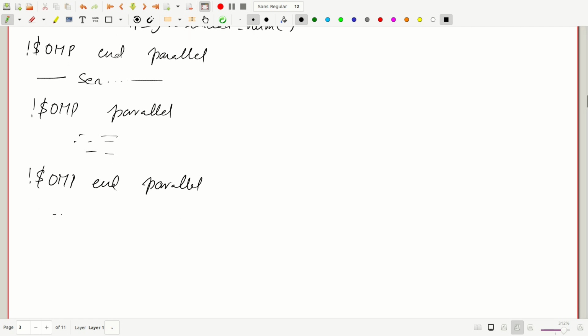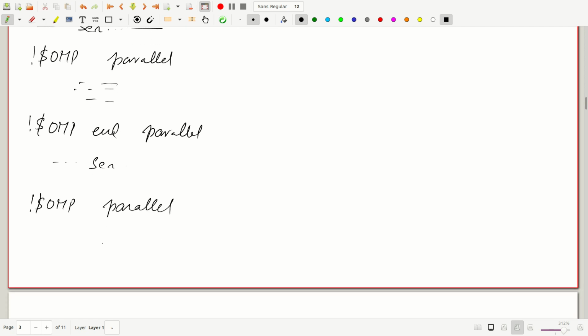Then I have again some serial code followed by !$OMP PARALLEL, and again we have some data, and then I would use OMP PARALLEL, and this is where I use the other clause that we learned, COPYIN the values of a. Okay, now COPYIN can only be used together with threadprivate